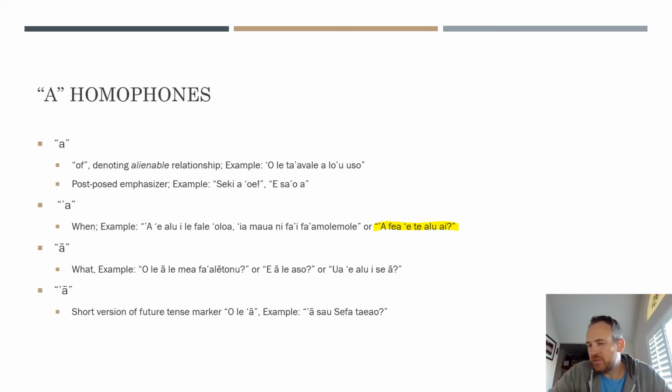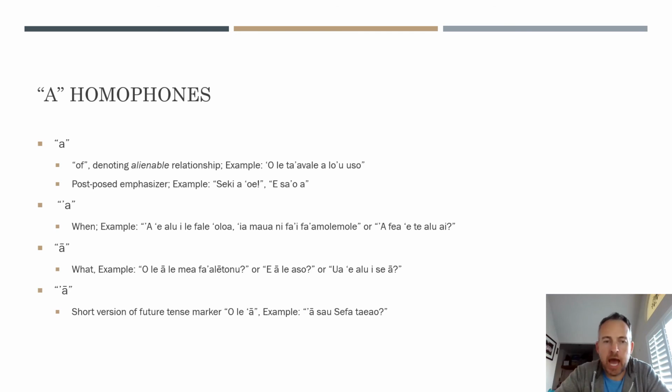So when is it? That's kind of how it translates. So "a" is when, "fea" is kind of like, I'll just call it, "is it?" "Ite alu." Sorry about that. So when are you going is what that literally translates to. "Ite": e is the pronoun, te is the tense marker, alu is to go, and then I have a video on that, it's basically a postposed, I don't know what it's called, but I'm going to link a video to it. All right, sorry about that. All right, moving on.